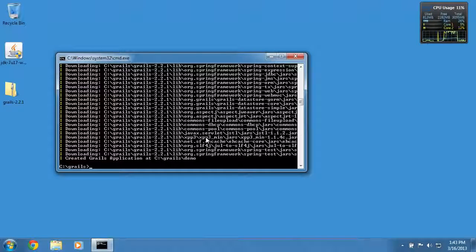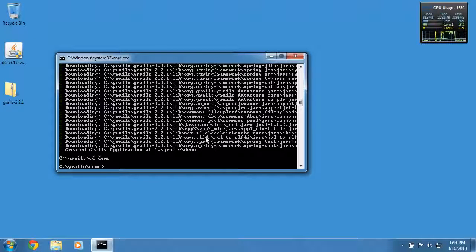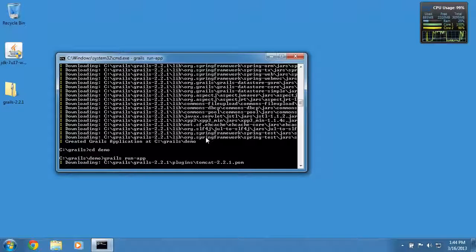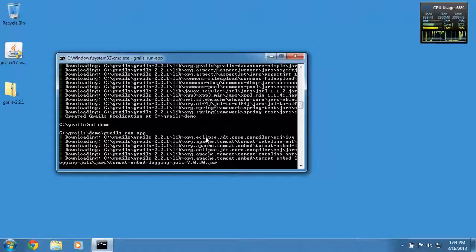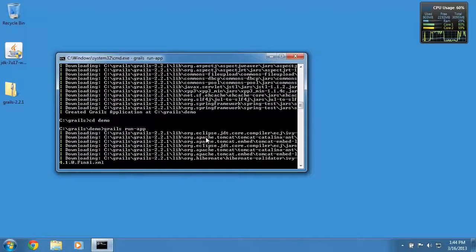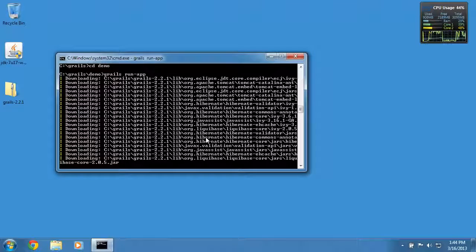And now I want to run that application. So to do so, I'll change directories into my application subdirectory. And I use the grails command, followed by a space. And this time I just say run-app. Now it's going to move some more of the core files down into my application directory, and it's going to start up the Grails environment, which is going to include a web server, a Java application server, and our database